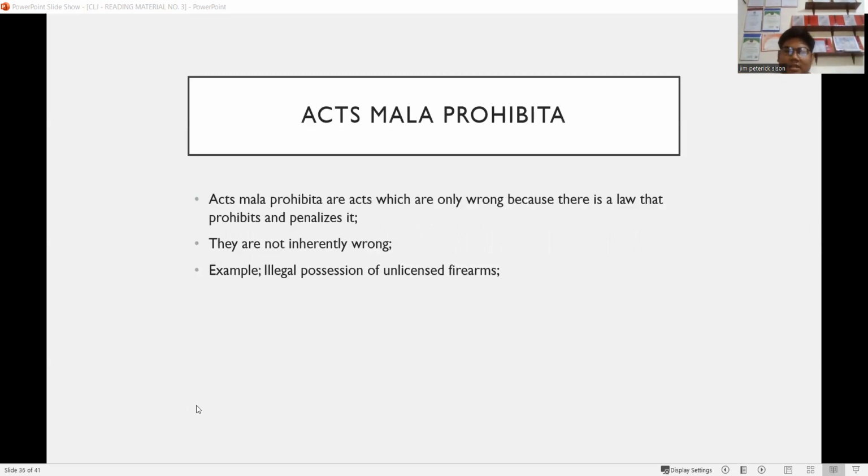So what are acts mala prohibita? Acts mala prohibita are acts which are only wrong because there is a law that prohibits and penalizes it. Examples of mala prohibita: illegal possession of unlicensed firearms, illegal possession of dangerous drugs. As long as the Republic Act punishes it, it is an act mala prohibita. Okay? Because they are only wrong because there is a law that prohibits and penalizes it. They are not inherently wrong. Like Republic Acts, Republic Act 9165 or the Comprehensive Dangerous Drugs Act of